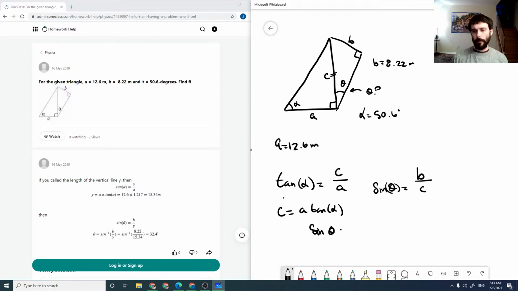So then sine theta is B over A tan alpha,